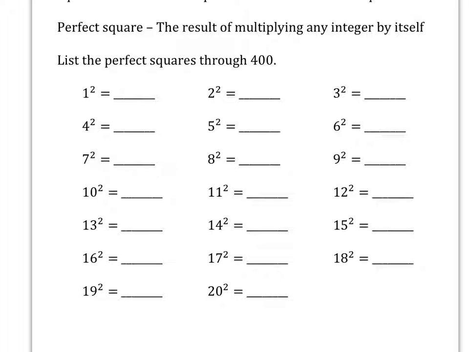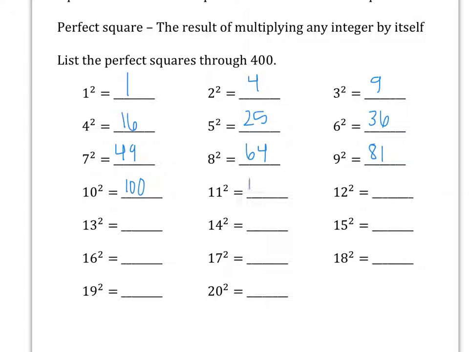A perfect square is the result of multiplying any integer by itself. Let's list the perfect squares through 400. 1 squared is 1, 2 squared is 4, 3 squared is 9, 4 squared is 16, 5 squared is 25, 6 squared is 36, 7 squared is 49, 8 squared is 64, 9 squared is 81, 10 squared is 100,